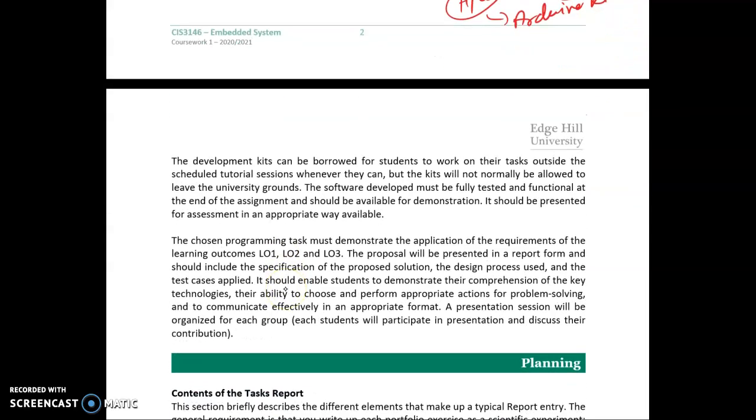Here you can see, for the development of your project, you can borrow the kit. You can get the hardware kit. You can borrow it from the IT office. I will guide you on how you can borrow the kit for the development of the project, and then you can